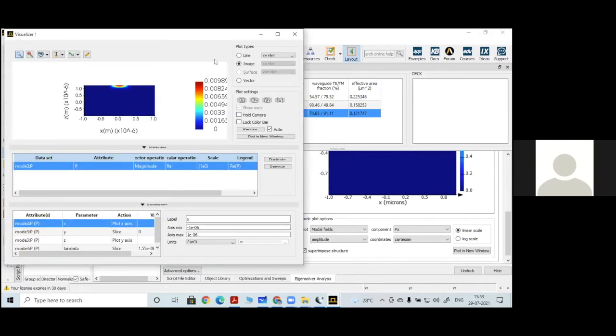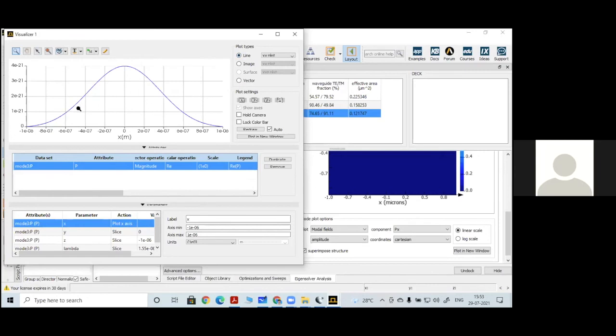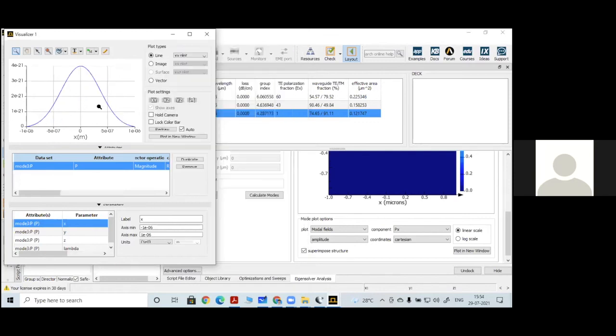If you want the line plot, you can take the line plot and export it, and you will get all the values. For the entire width of the waveguide, what is the power density variation along the depth, the Y direction? This data also we can export and use in our calculations. And one more thing I told: this power density unit is watt per square meter or watt per micrometer square.